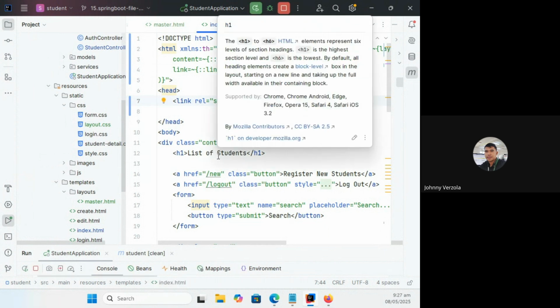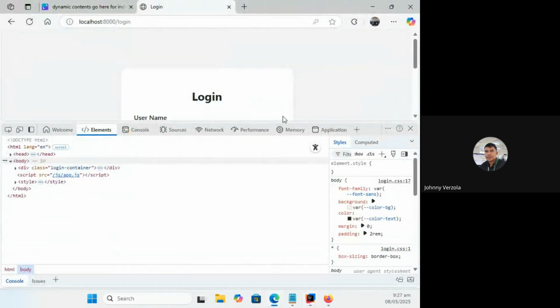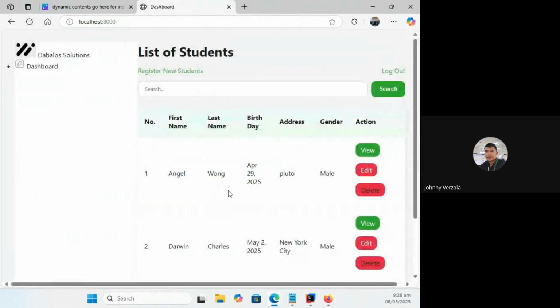The idea here is we're able to use multiple slots. Okay, refresh, and then log in again, and there you go. The CSS is also applied because it is injected into the master layout via a second placeholder that we created. That's just the idea behind this.